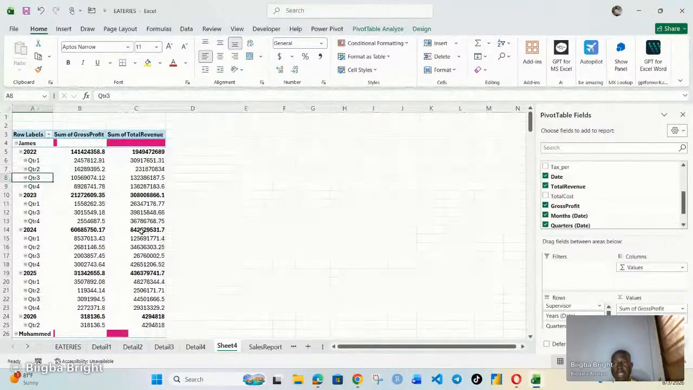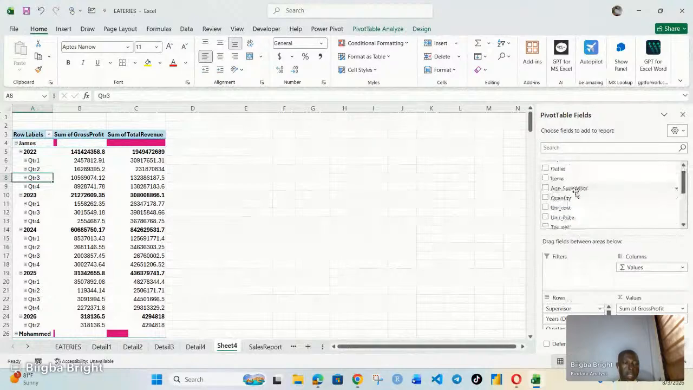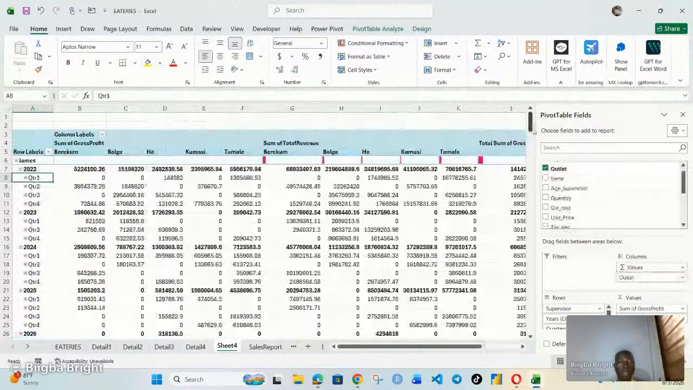Maybe we could have also added outlets. Outlet. So for instance, if I take outlet and bring it, and I put it under the column section, the outlet under the column section. I know some people will say this becomes too much, but we can now look at data in a much more detailed manner. And each year, each supervisor, then first quarter, we can see how each performed in